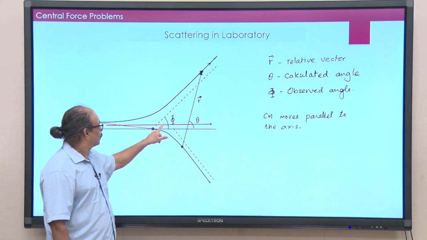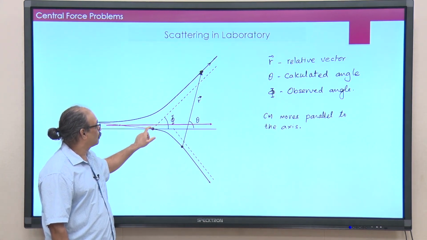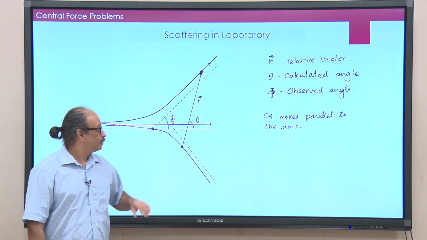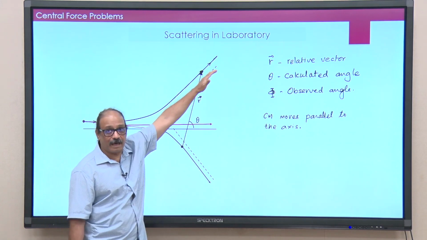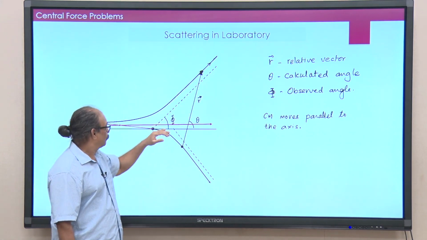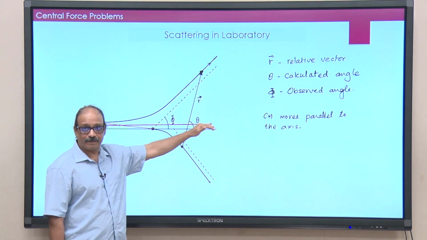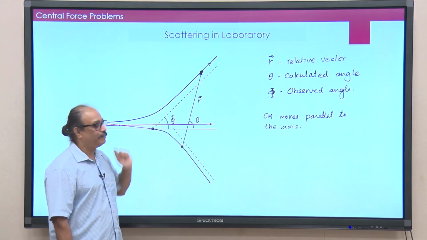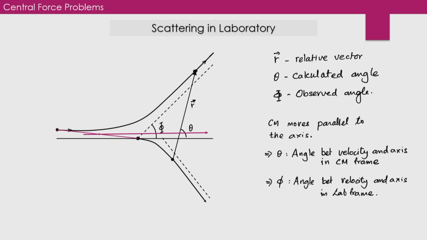And the same way this angle phi also can be thought of as the angle there, the velocity measured in the lab frame and measured velocity of center of mass, the angle between these two will be your phi angle, okay. Once we realize this, then our calculation will become easier. Basically, we are going to obtain this relationship between the two.